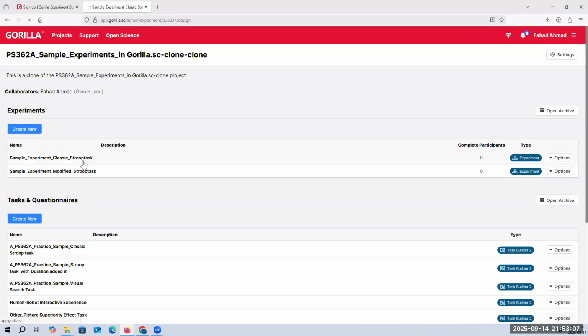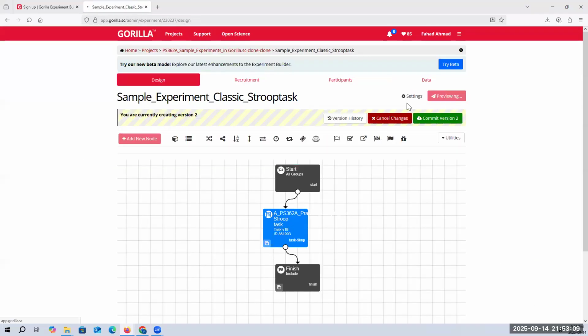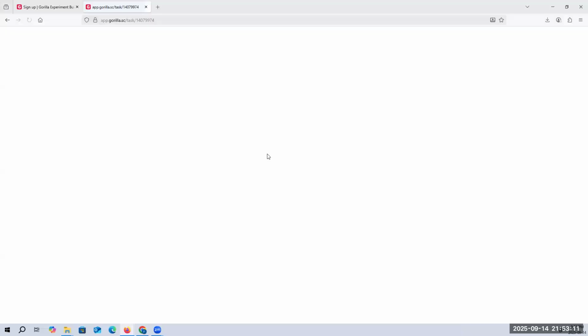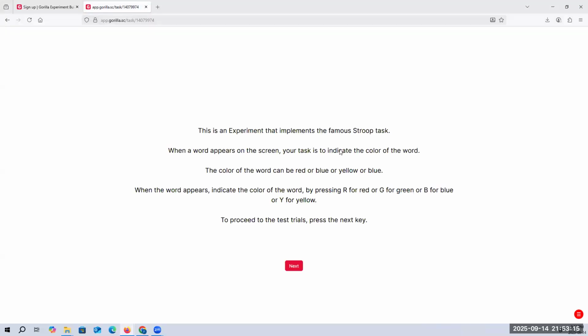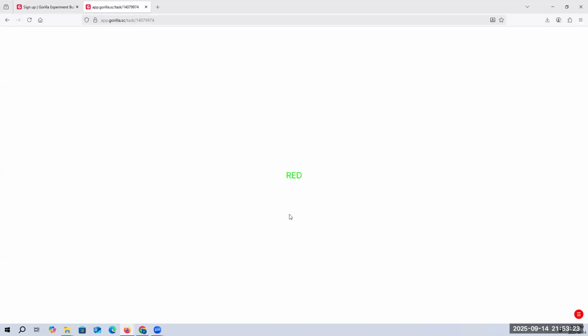But since there are no experiments yet, we'll just run the experiment and then download it as you did before. So classical Stroop over here, and then I'll preview the experiment. I'm just showing you this experiment that implements the famous Stroop task. When a word appears, the color of the word can be red or blue, yellow, and so forth. Proceed, next. There you go. Now I have to click a key on the keyboard, right? So green, let me see how fast I am. Yellow,